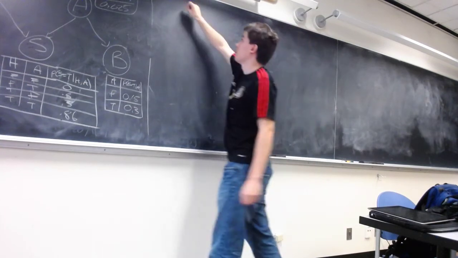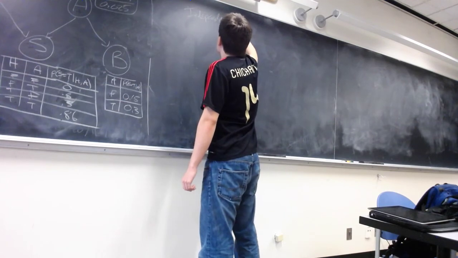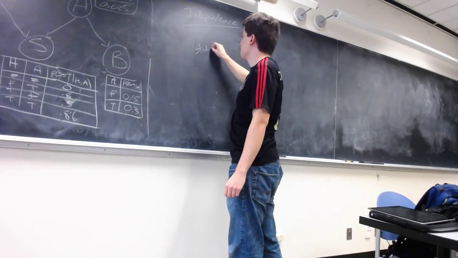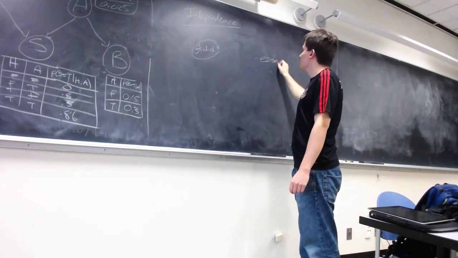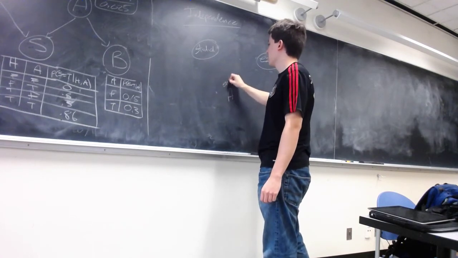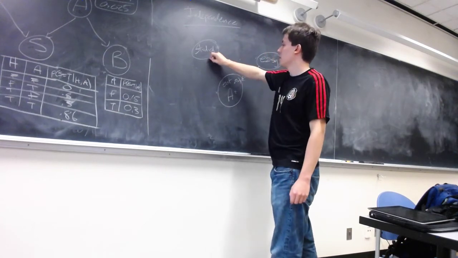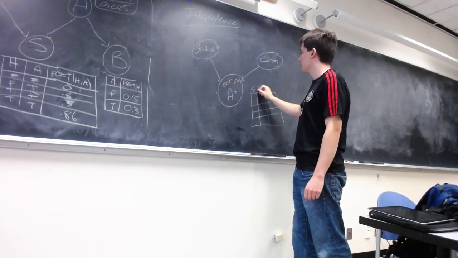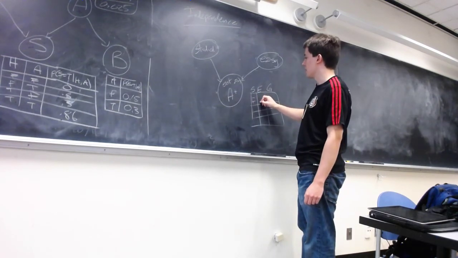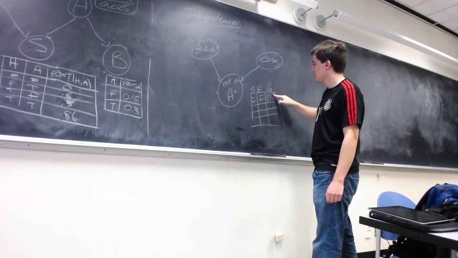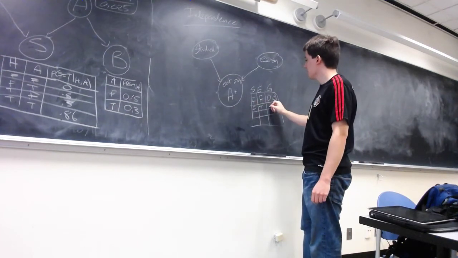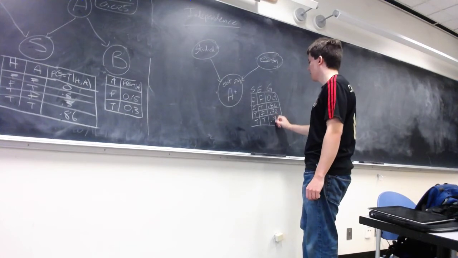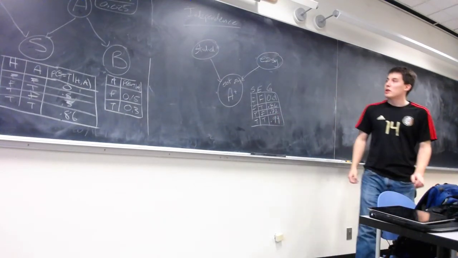So here's an example I like to give. This is dependence. What if whether you studied and whether a class was easy might tell you if you got an A+? So you might have some sort of truth table, like studied, easy, and then your grade. And you might say, well, if I didn't study and it wasn't easy, then there's a really low chance I get an A. If I didn't study but it was easy, I had a pretty good shot at getting an A. If I studied and it wasn't easy, okay, not so good, but still better. And then if both are true, then that's awesome, right? So now you can ask things like